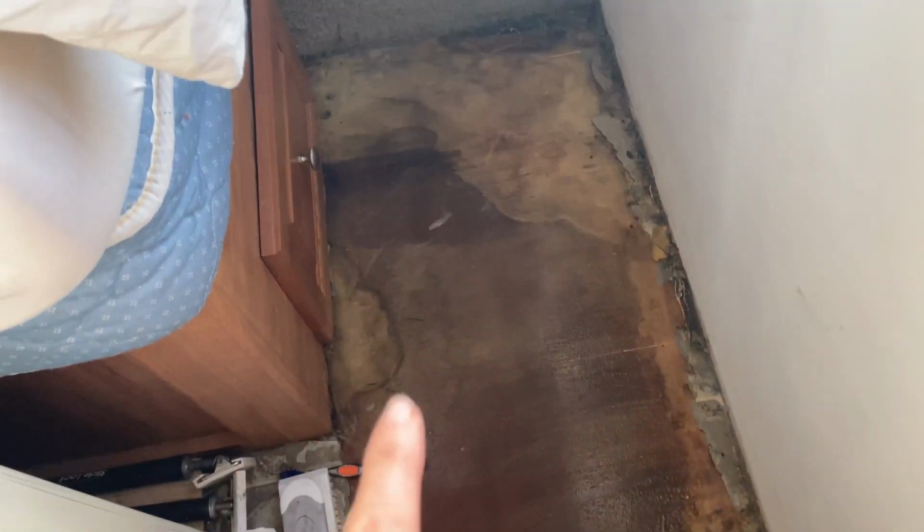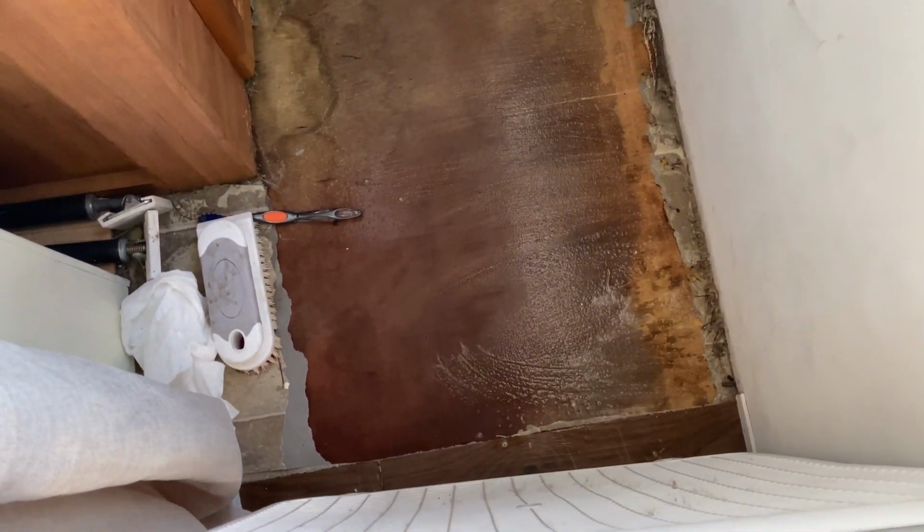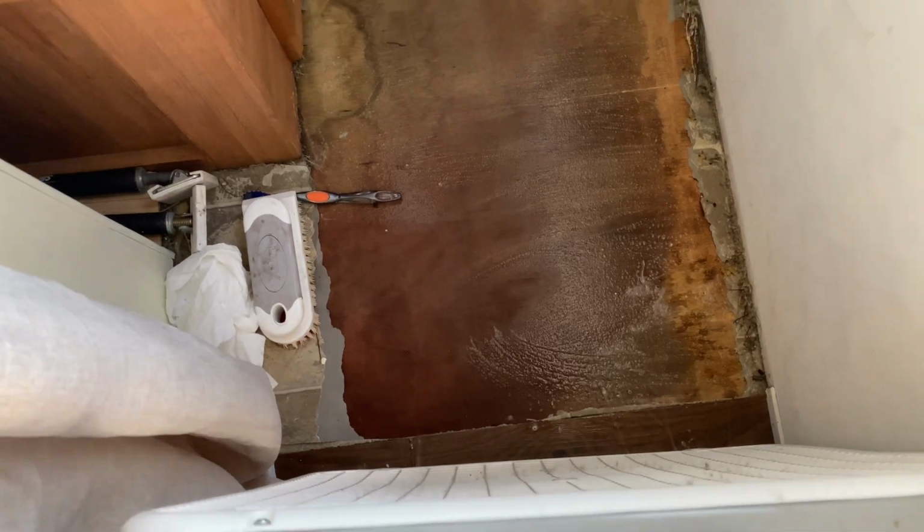But as you saw from the picture, all back there was really bad with the black mold, and over here and down here, and a little bit in the area. So you can see where I've thrown the bleach and let the bleach sit. And I went around and I scrubbed it. Yeah, I don't know. I really need to just take everything out